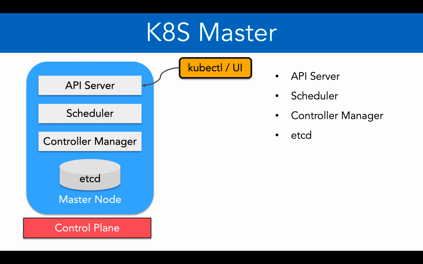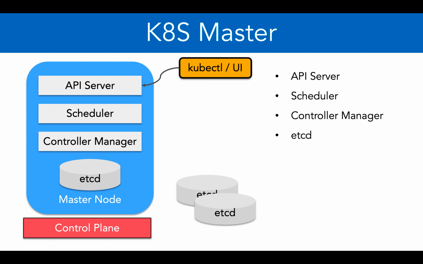Now, as I said, this is a key value store database, and interestingly, you can store the etcd database in a separate server also, apart from the master node, or you can use any cloud PaaS service also, database as a service for that matter, and you can replicate etcd also. It makes sense because etcd is one of the most important components of the control plane or master node. You'd definitely not want to lose this component.